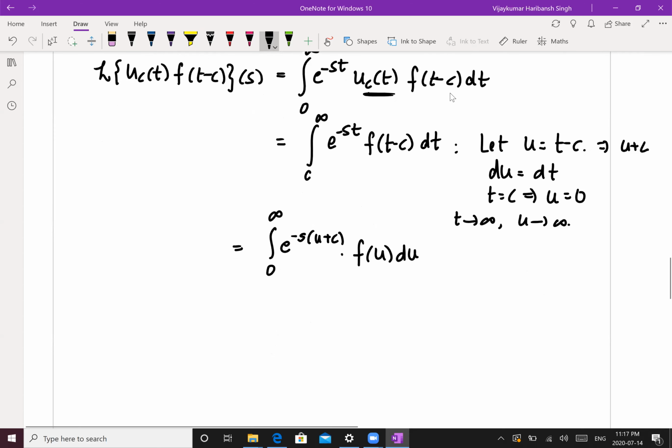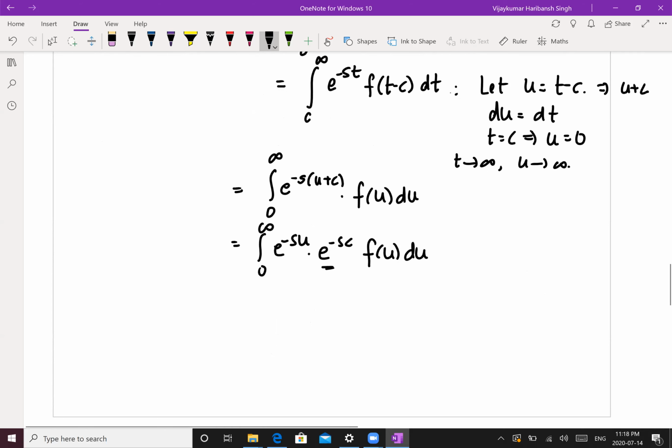Now we can break this into two parts. So the integral from 0 to infinity of e to the power minus su times e to the power minus sc f of u du. Now note that this e to the power minus sc does not depend on u, so that can be pulled out. So we have e to the power minus sc times the integral from 0 to infinity of e to the power minus su f of u du, and then this is the same as the Laplace transform of